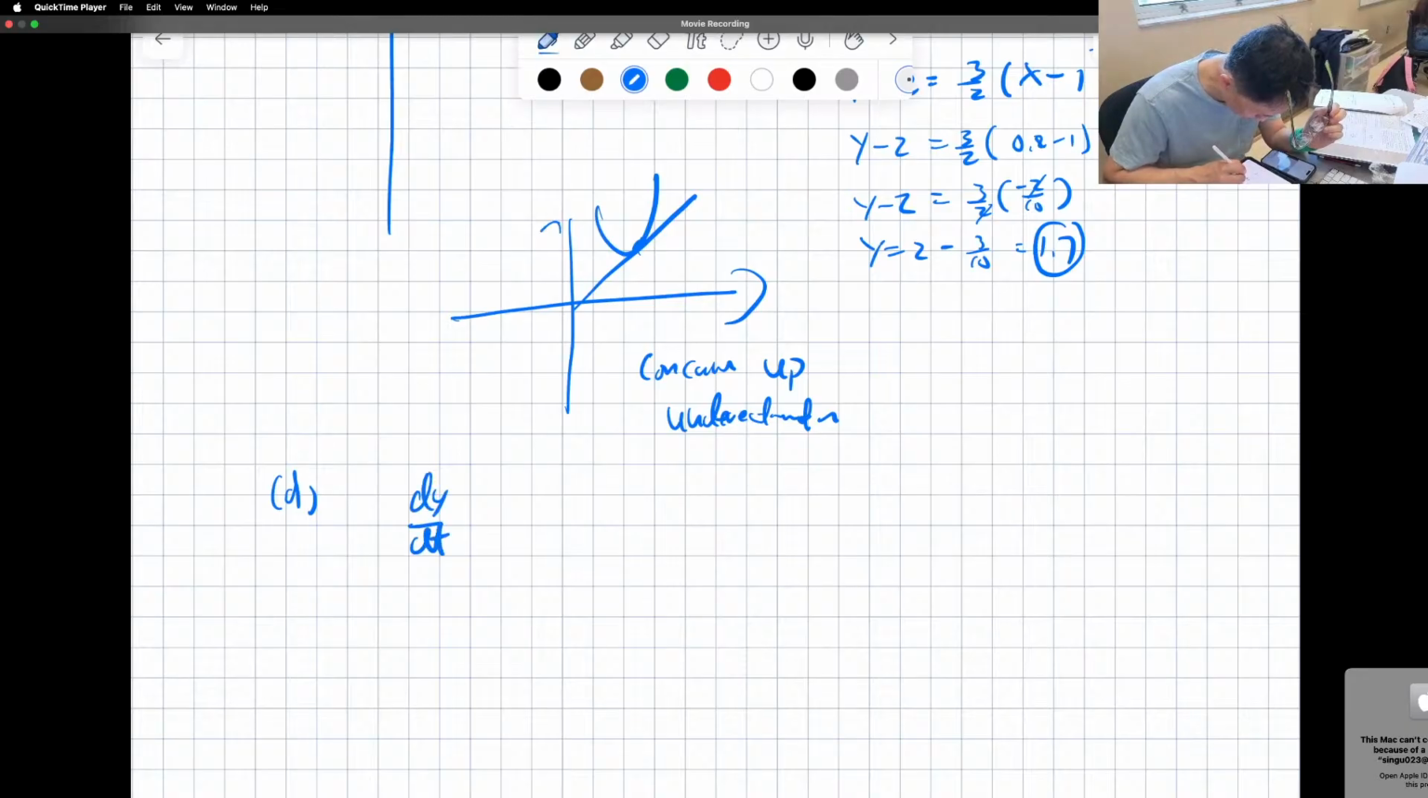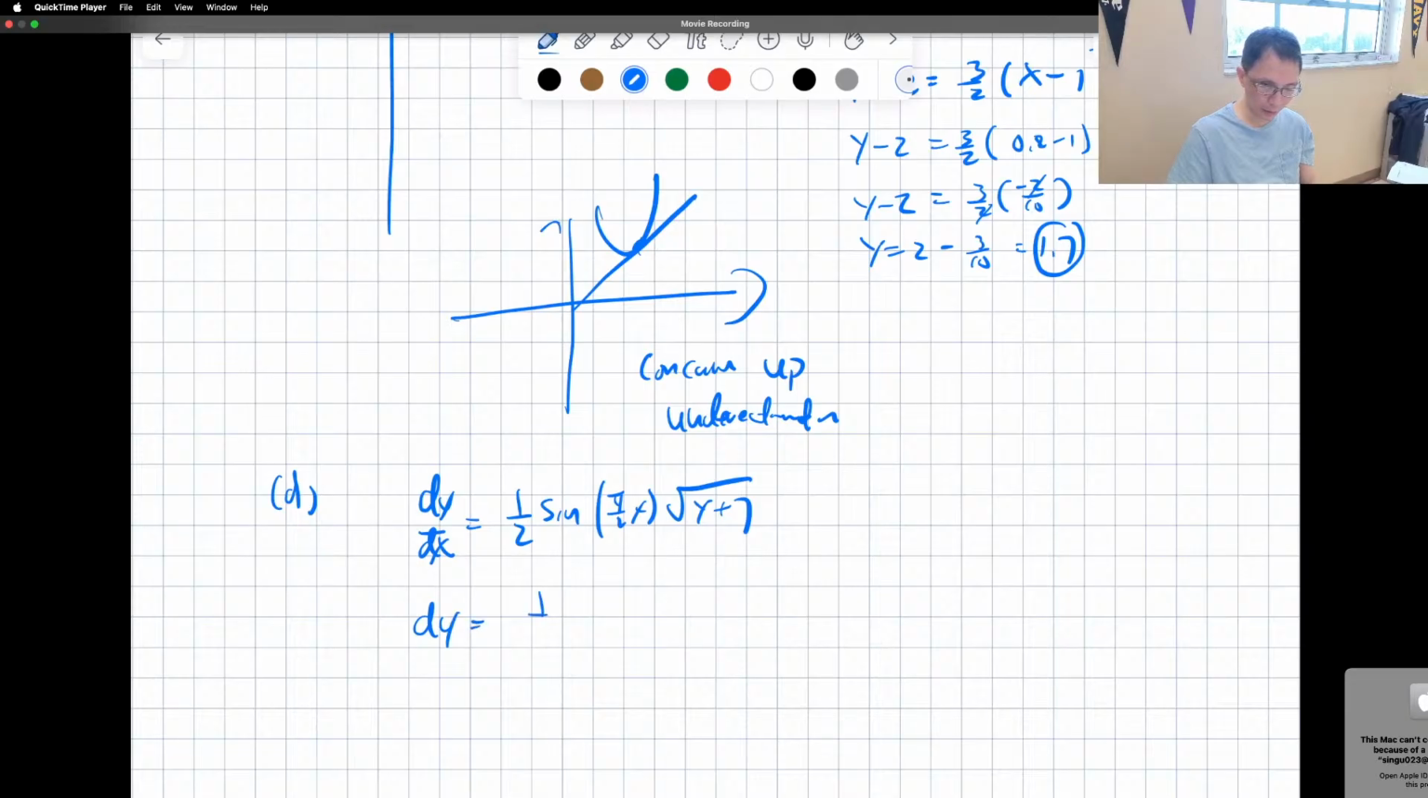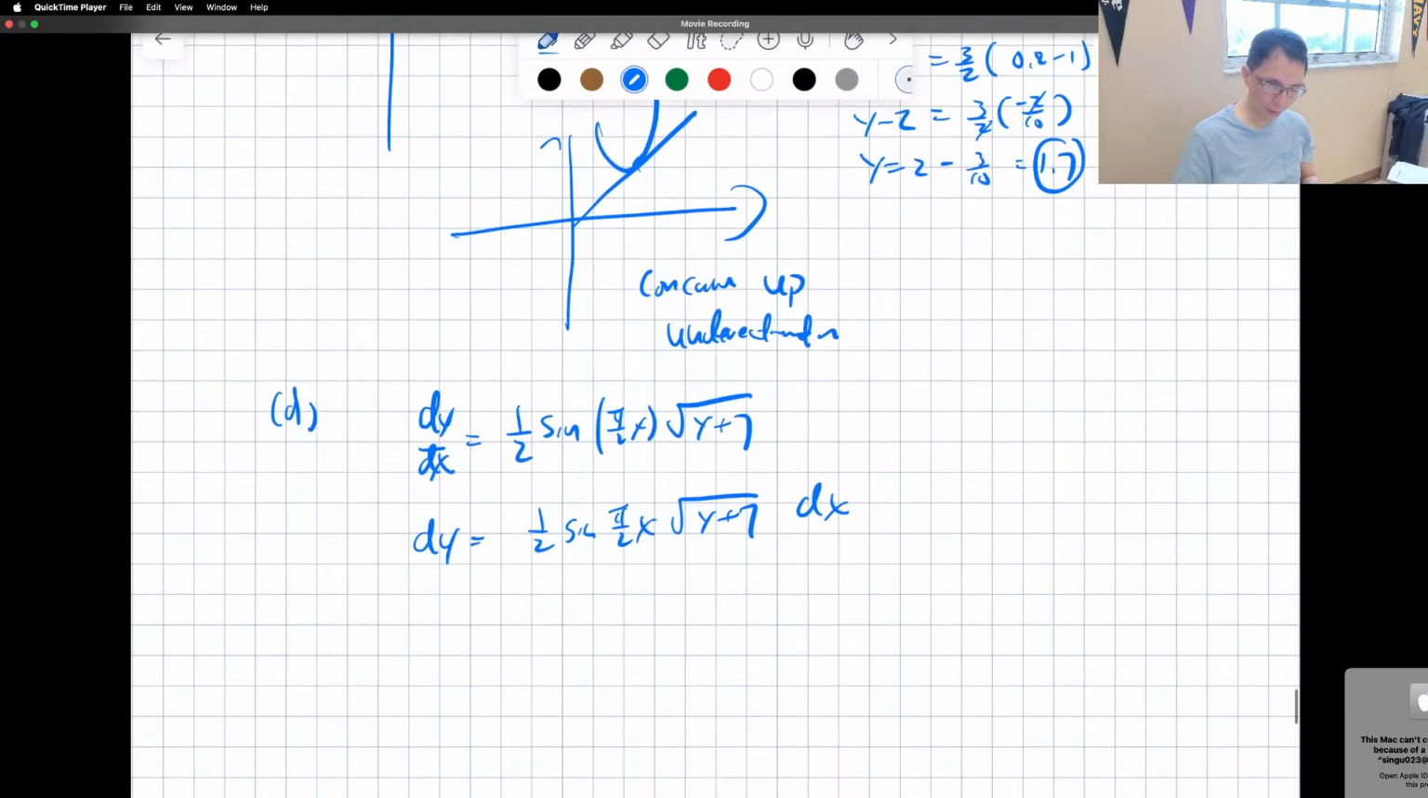dy/dx is equal to 1/2 sine of (pi over 2)x times the square root of y plus 7. Now separation of variables, you gotta make sure you do separation of variables. You're gonna say move the dx to the other side, so dy equal to 1/2 sine of (pi over 2)x square root y plus 7 dx. Even though it seems like that's one extra step, I always move the dx to the other side so that I don't have the issue. So I'm moving the y over, so it'll be dy over square root of y plus 7 equal to 1/2 sine of